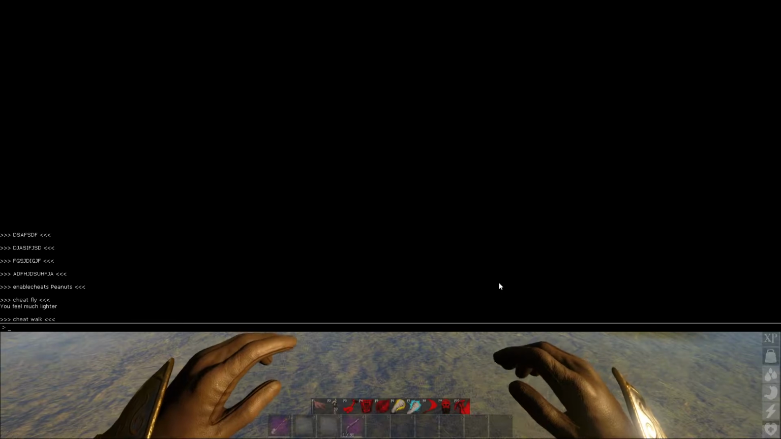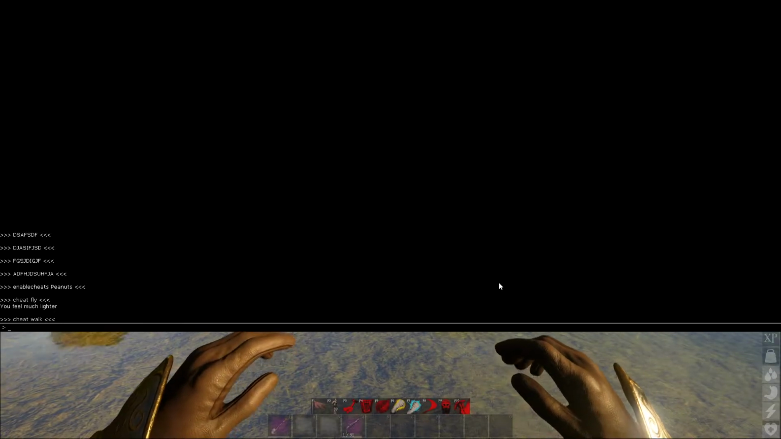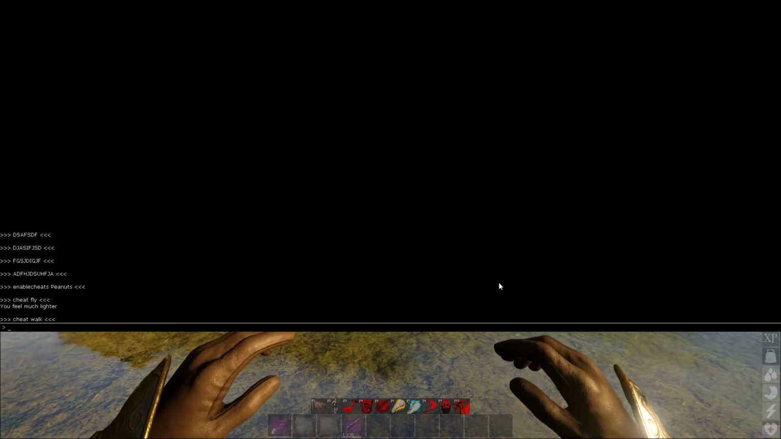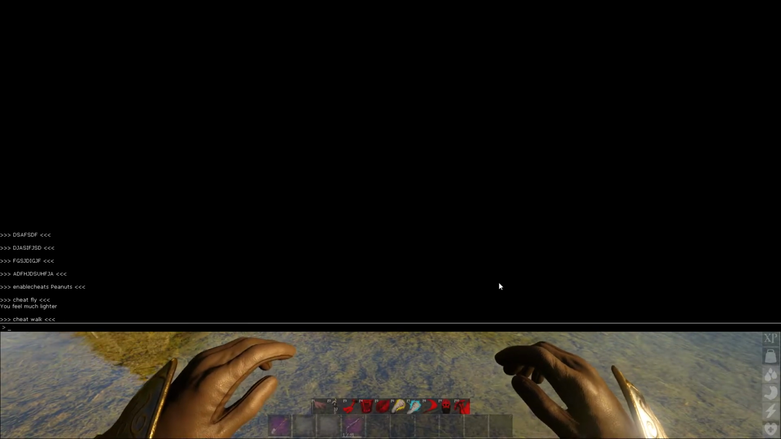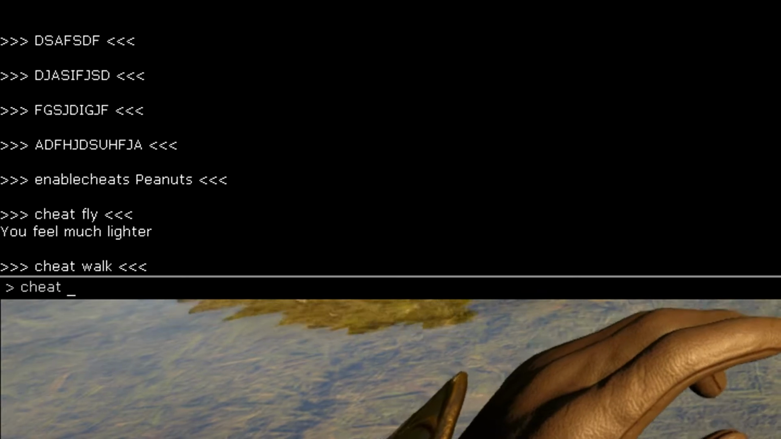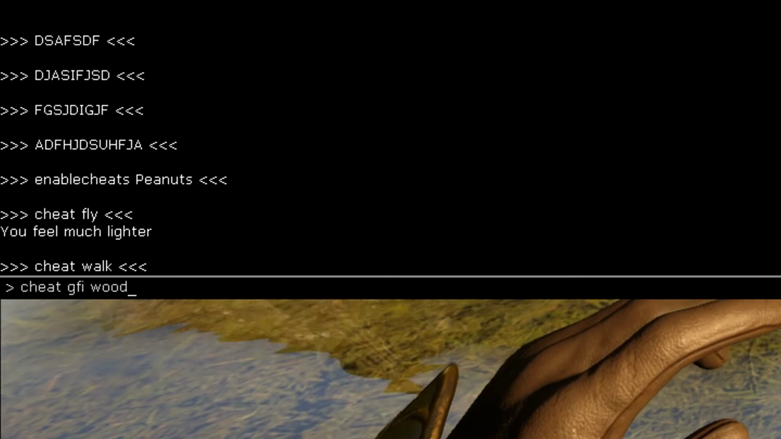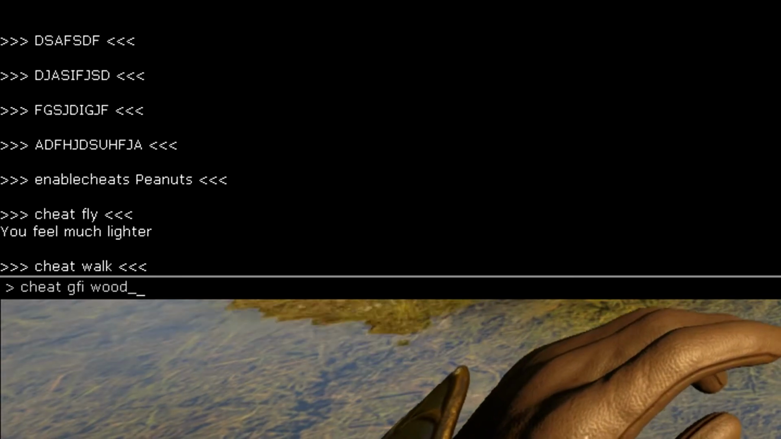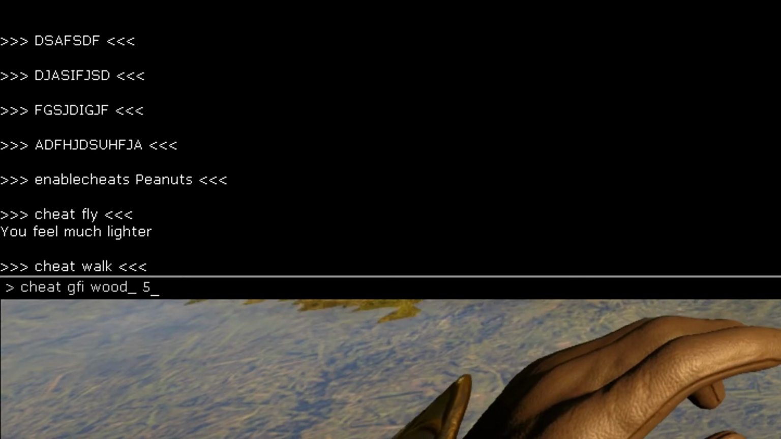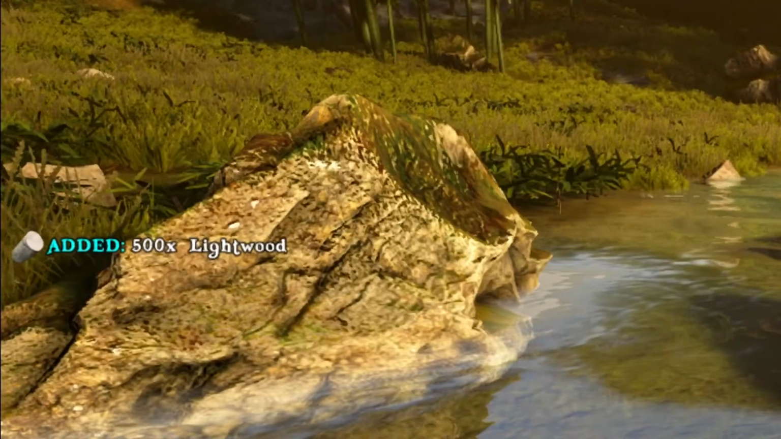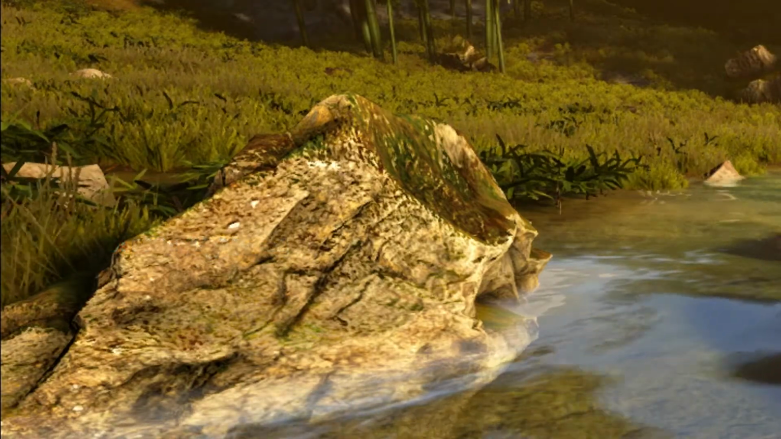Okay, so back to the console commands. We've already shown you the cheat fly and cheat walk, right? One of the most important ones is how to get resources, which people want to know. So you want to type in cheat GFI, actually, GFI. This is really important. You type in wood, and make sure you put an underscore. And then you can only get a maximum of 500. As you can see here on the left side, 500 lightwood